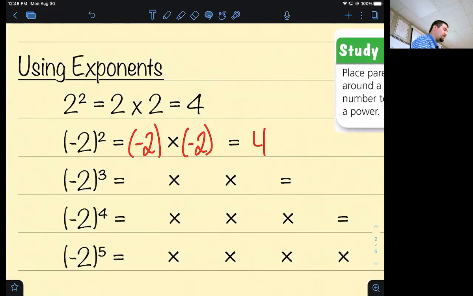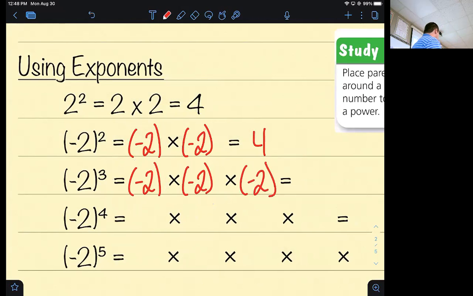Now I'm going to use the copy and paste a lot. Okay, so we're going to copy and paste those negative 2's down into the blanks below, and then I'm going to add 1 more because I'm doing negative 2 to the 3rd power, so I need 3 of them. Calvin, what is 2 times 2 times 2? Too many. 1 less. 2 times 2. 2 times 2 is 4. 4 times 2 is